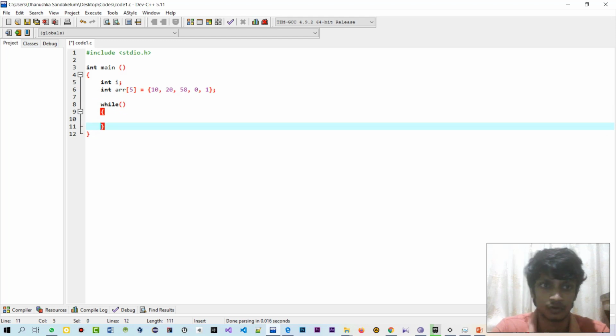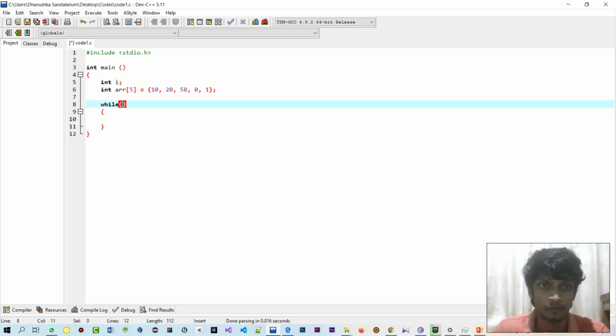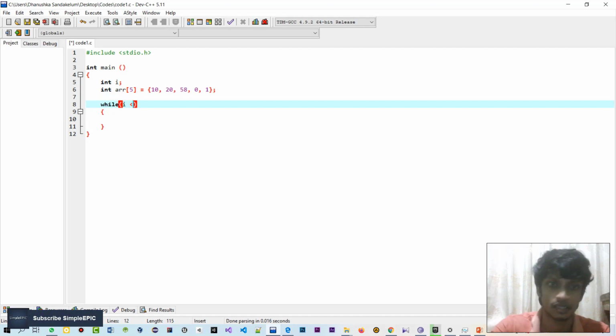So now I'm going to write my while loop. The condition will be i less than or equal to... 0, 1, 2, 3, 4, because when it comes to the fourth index, there are no elements initialized, so the corresponding loop should end.